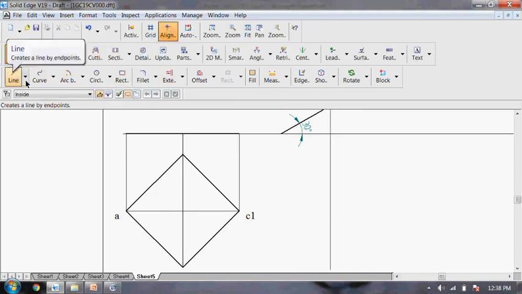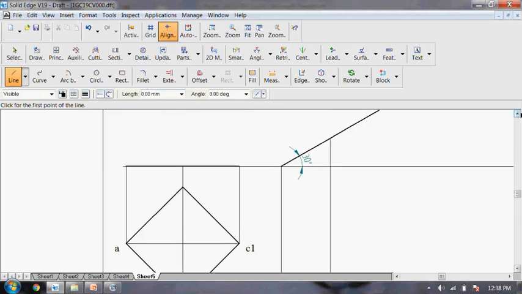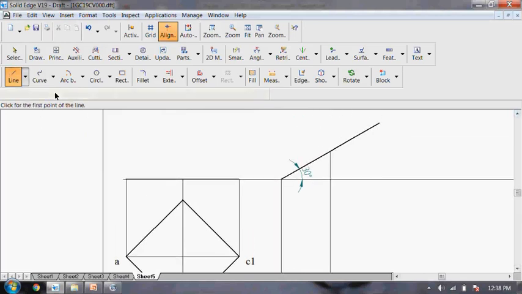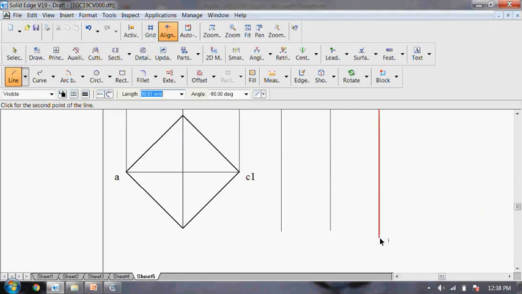Then go for the projection line from the other two ends of the front view. So this is one projection line. To get the second top view, irregular lamina. Then draw the projection line from the top view.